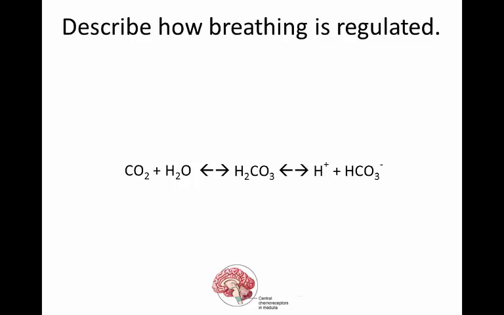As I hold my breath, I'm continuing to produce carbon dioxide. However, I'm not getting rid of it at my lungs. And so more and more carbon dioxide is building up in my blood, reacting with more water, producing more carbonic acid, producing more hydrogen and bicarbonate ions. And because I'm producing more hydrogen ions, my pH is becoming more and more acidic. That change in pH is monitored by those chemoreceptors in the medulla oblongata, such that as the pH decreases and decreases and I become more acidic in my blood,